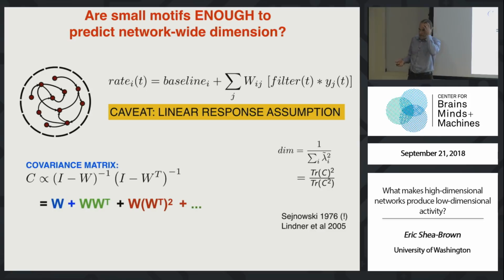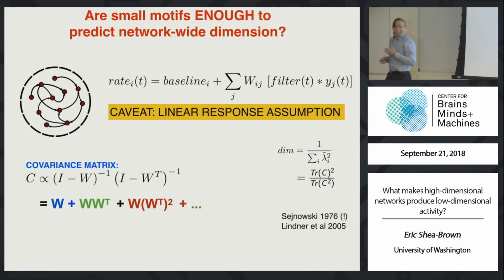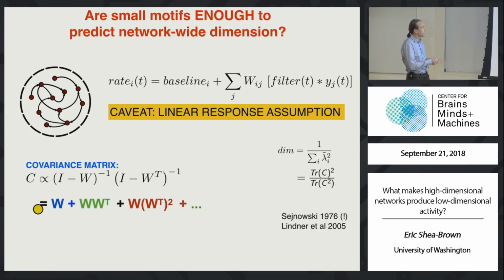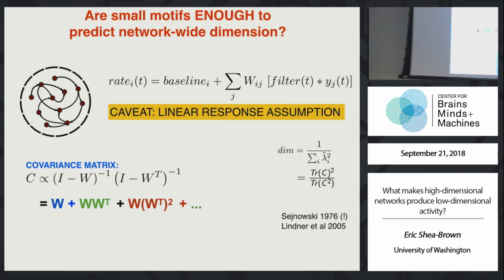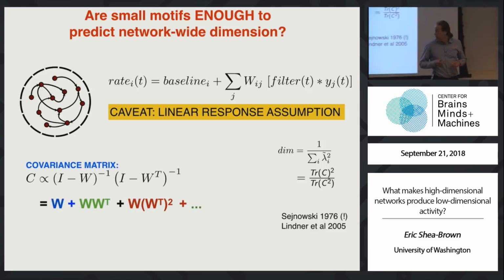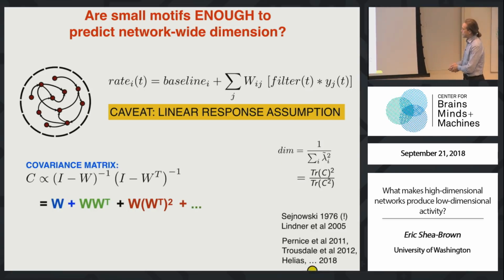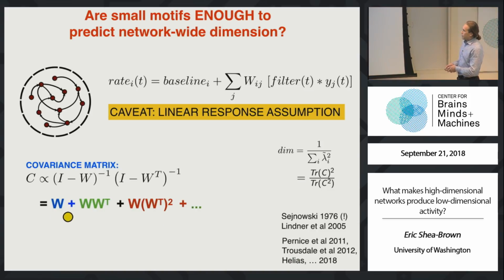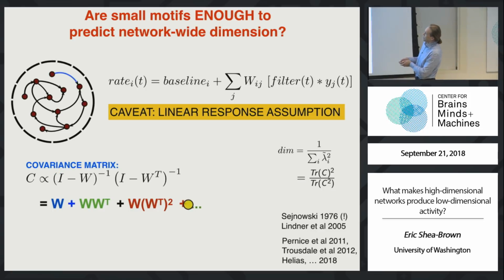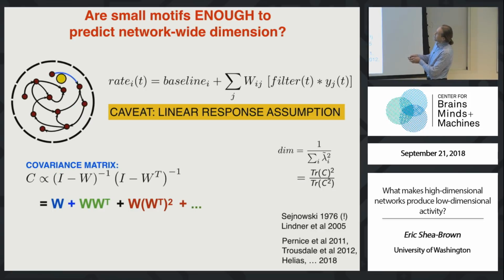Now, why do we care about this, right? So I'm just replacing some formula with some infinite expansion of it. The reason we care about this, and why this is going to get us on the track to a conceptual viewing of this problem, is due to some insights from these authors. And what they've done is notice, well, okay, what does this W really correspond to? Well, W, again, is just all the connections in the matrix. So my blue W corresponds to the entries of that correspond to all my blue arrows.